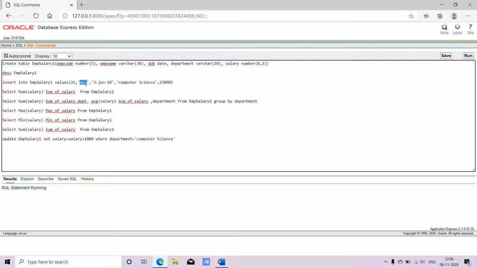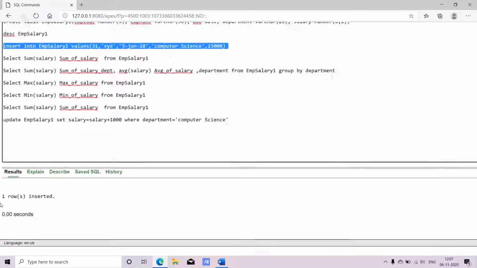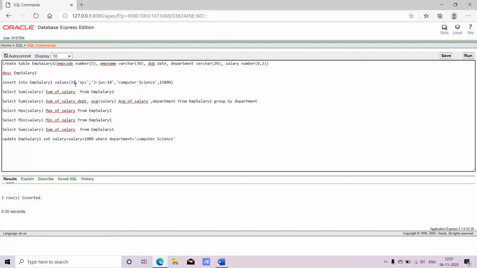I'll select the statement and click on run. So you can see we get a result as one row inserted. Again I'll insert two more values. For your practice purpose, you need to insert at least 5 values, but I'll be inserting only 2 or 3 values. I've done with the second value.